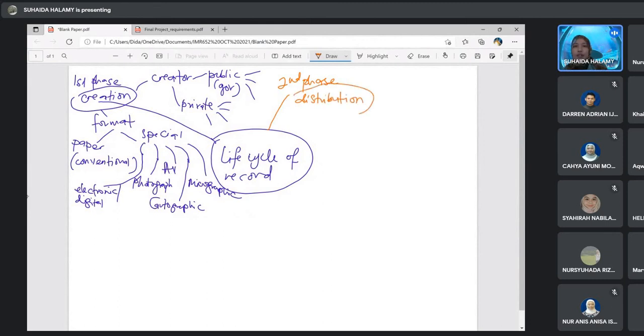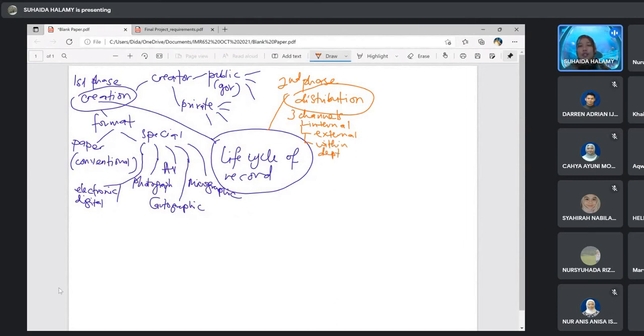Okay, for distribution, I like to tell students we have 3 channels. Number 1, internal. Number 2, external. Number 3, within the department.